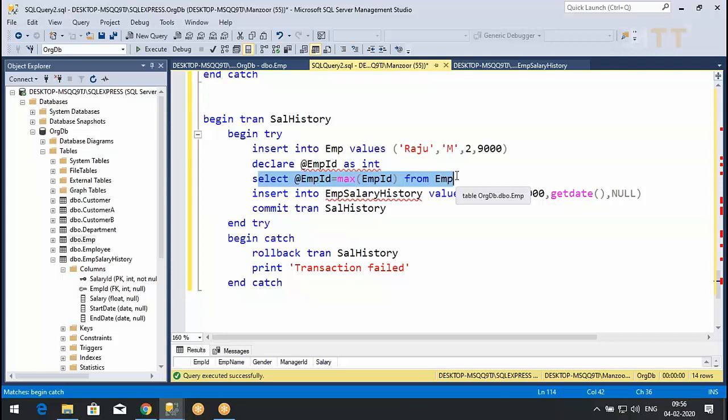User 1 inserted a record. So user 1 should get the recently generated value for that particular user. User 2 should get for that particular user. User 3 should get for that particular user. For that particular scope, they should get that value. The identity value of that particular scope they should get. Are you getting the point? Are you all getting? Yes, no? No, first of all, have you understood what is the requirement? You got the requirement? So we will not do this childish thing.